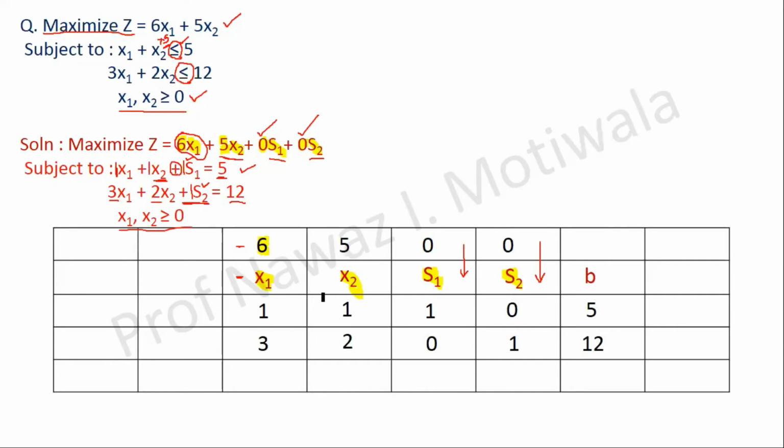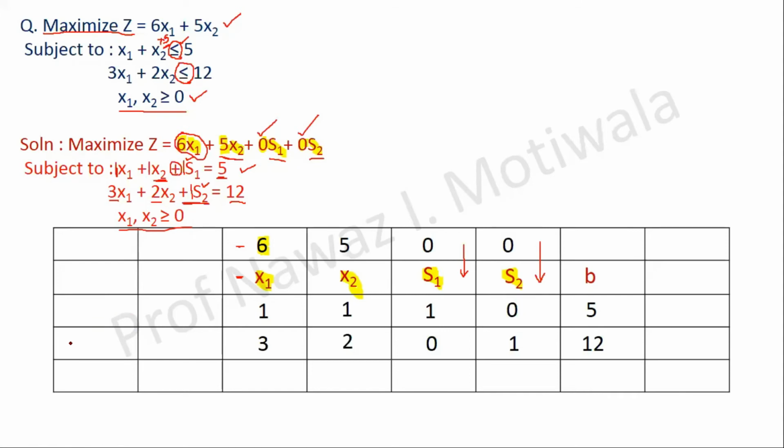Now to start our solution, we need some variable to start with. So again, a shortcut: you have to check from the table which is available in front of you which variables are making a unit matrix. Again I repeat, you have to see which of the variables in this table is making an identity matrix. So can someone tell me, by looking at the values we have just written, S1 and S2 are 1, 0, 0, 1. Which variables are making the identity matrix? Yes, you are correct, the variables S1 and S2.